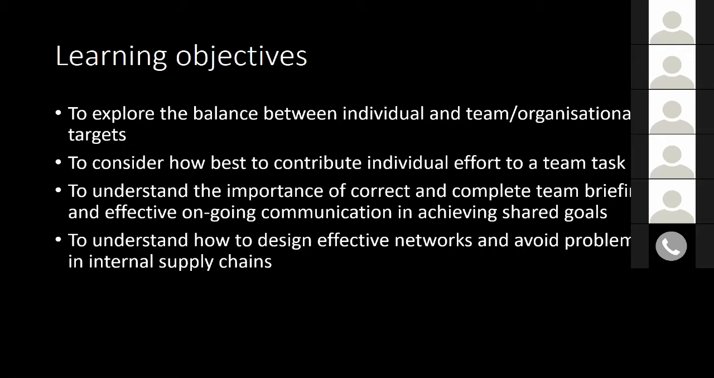The fourth learning objective that we have in this list is to understand how to design effective networks and avoid problems in internal supply chains. So once we've done this activity and reviewed it with the group, very often the conversation will move to the workplace that the participants have come from, and to what extent they can translate the learning from the experiential activity, take it back into their organizations to explore their existing networks and team structures, and potentially make some improvements to those, and also their internal supply chain. Everybody in the matrix activity is both a customer and a supplier,